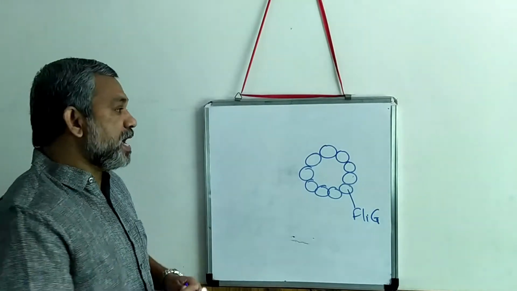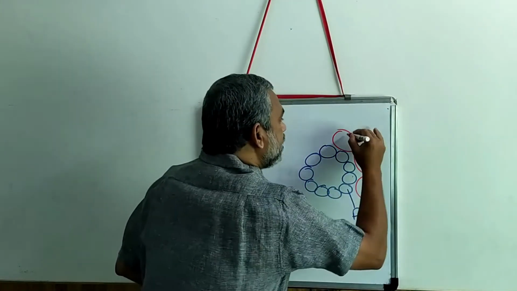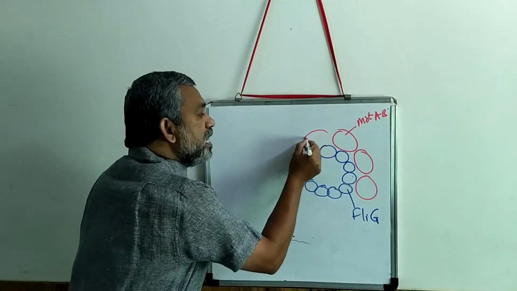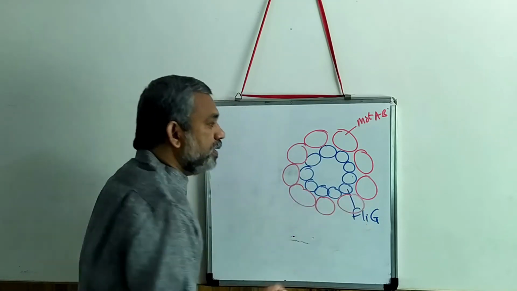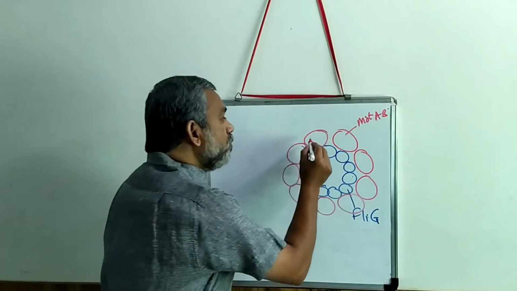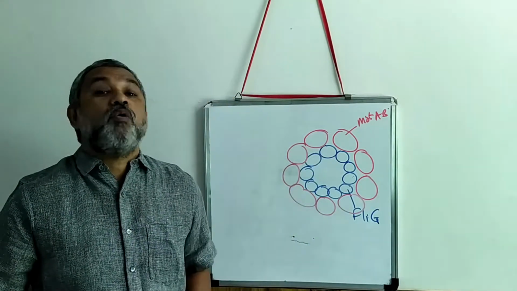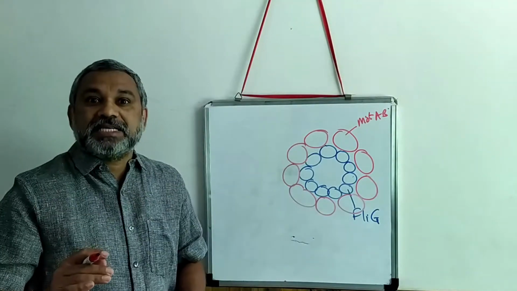Now, surrounding that, you will have 11 MotA-B proteins. This is MotA and B combined. 11 of these are arranged around this. If you look very closely at this combination of MotA and MotB protein together, it has